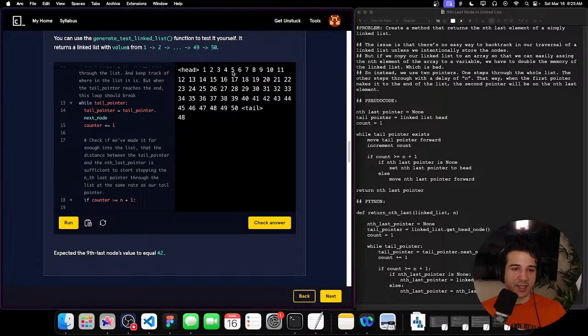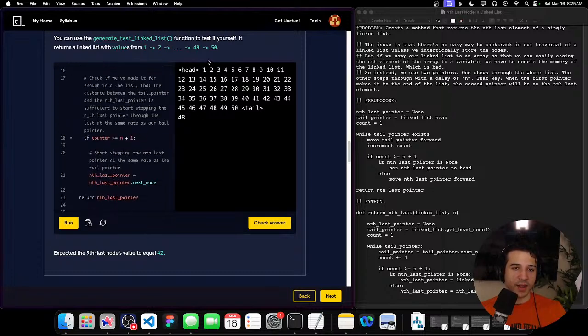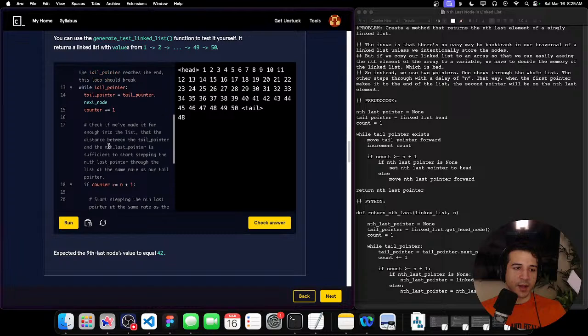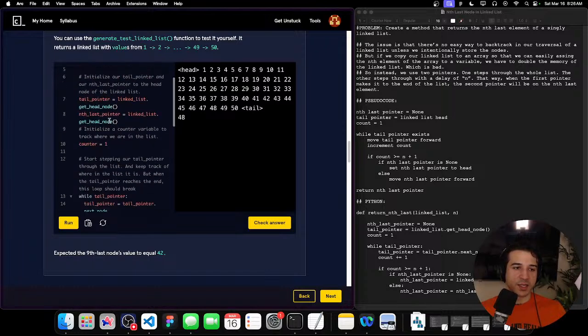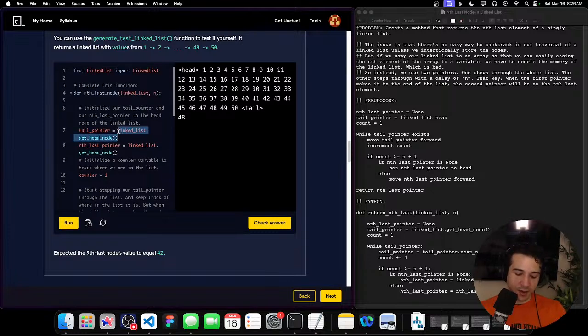So now that that's the case, the tail pointer is here, and we're moving our nth last pointer here. And we're going to keep doing that. So move this, and then move that. So 6 and 3, 7 and 4, 8 and 5. And the idea here is that 1, 2, 3. If this was the end of the list, then this would be at the third last. But if we start this at none,